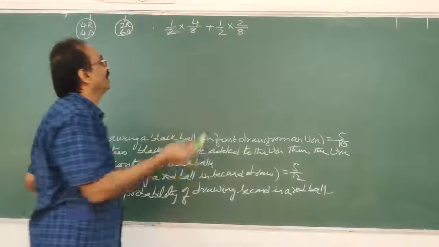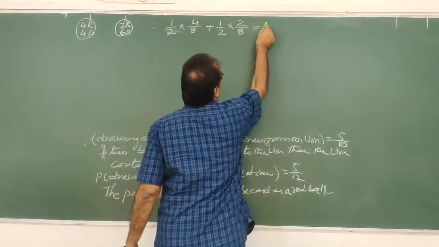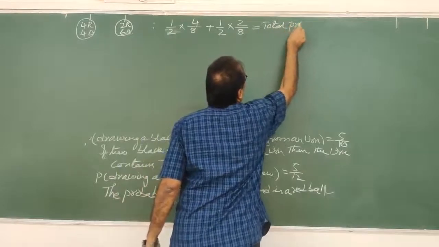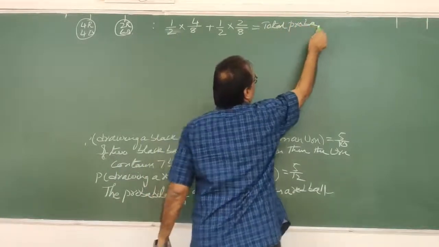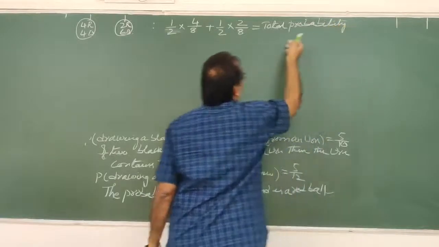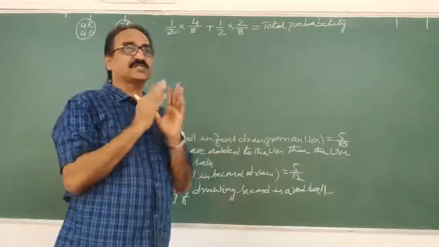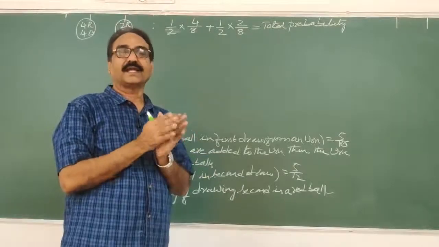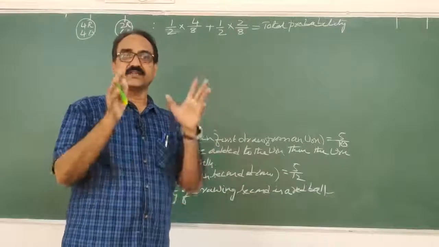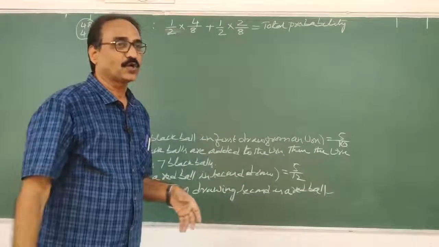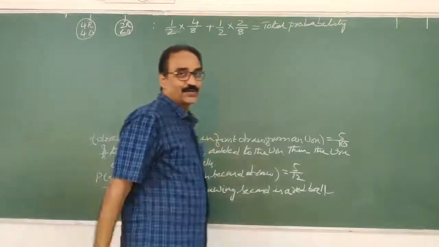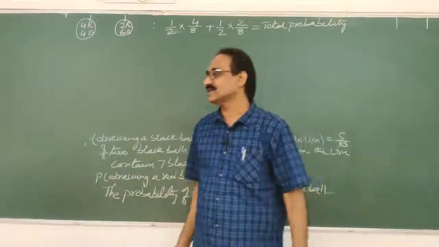This is nothing but total probability. Yesterday we did it. My dear students, the total probability theorem was also explained, this is that. So finally, first of all you find the probability of getting a red ball from each of the 2 boxes. Add them, then you will get the total probability. So the total probability of getting a red ball is this. Now you tell me what you want. Finally, what is that fellow asking?